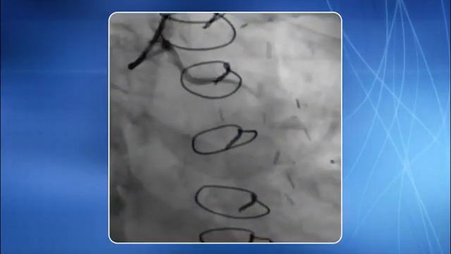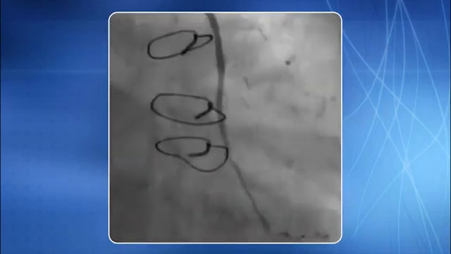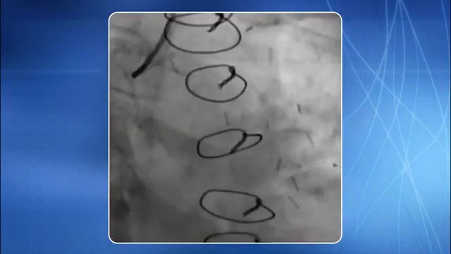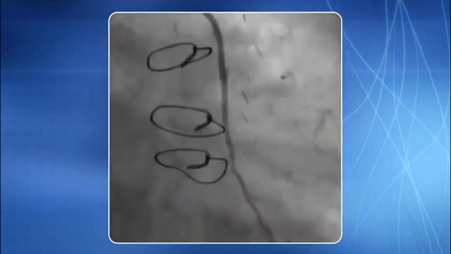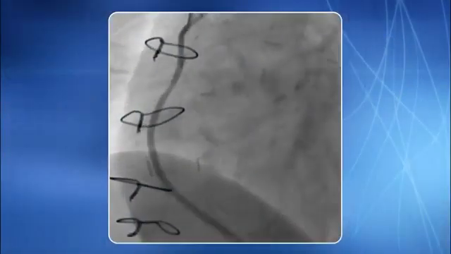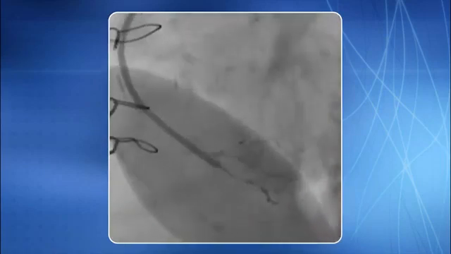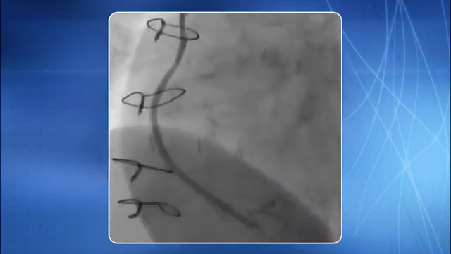Here is an example of a patient whose saphenous vein graft to OM branch was cannulated using the same 5F OptiTorque TIG catheter. Let me tell you that many times with the use of a single diagnostic catheter, that is 5F OptiTorque TIG catheter, we are able to complete not only the diagnostic angiogram of native arteries, but also all the bypass grafts including SVGs, radials as well as left internal mammary and right internal mammary artery grafts. In this particular case, the catheter was used to cannulate saphenous vein graft to PDA.